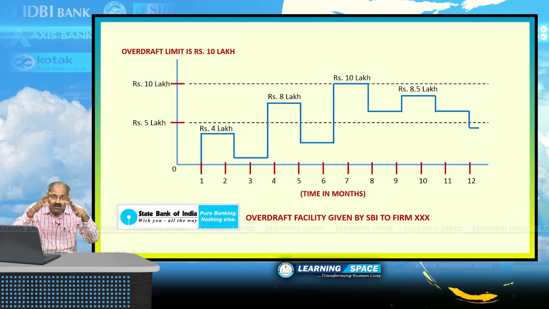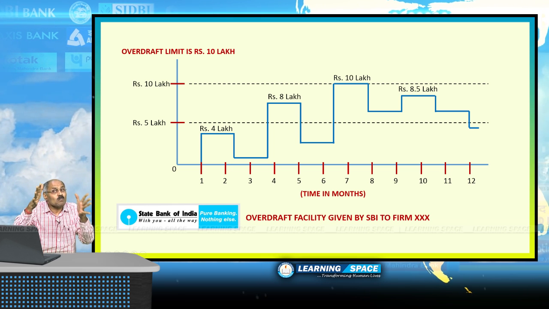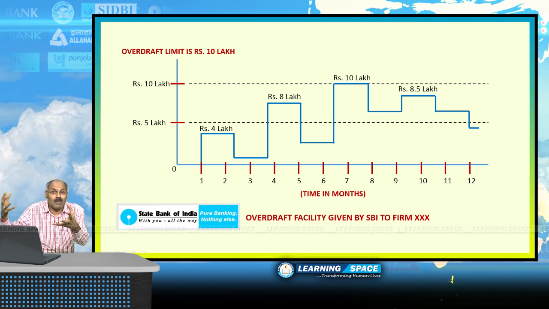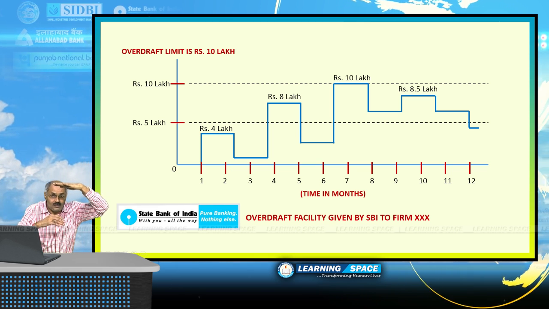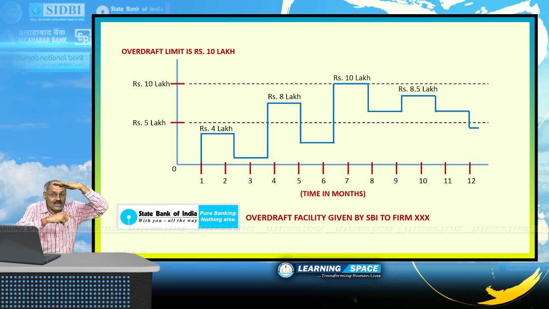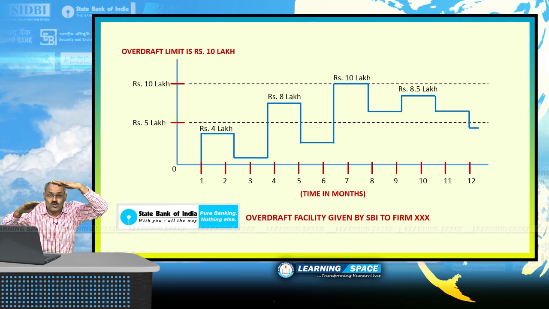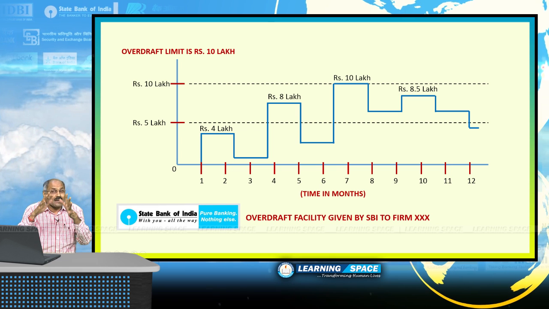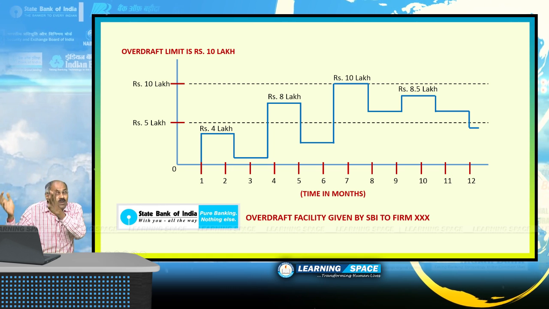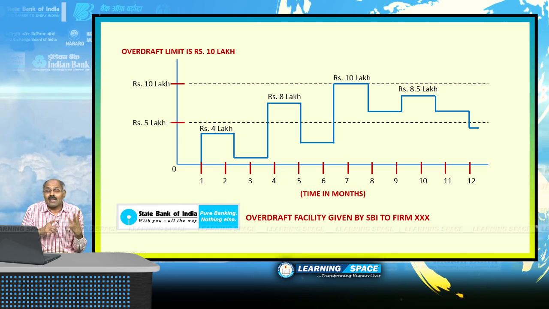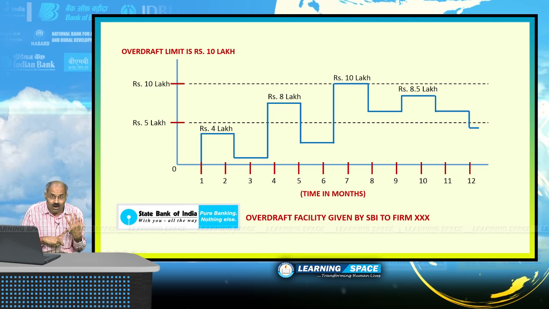Like that, depending on the requirement, the firm will access bank's funds, and as per the agreed terms and conditions, they will pay back. That means subject to the limit, the company or the firm will access bank's funds. They will take some amount, pay back, take some amount, pay back. Like that, the chain goes on. It is otherwise known as revolving credit also, right? So if someone asks you for an example of revolving credit, please don't forget cash credit is an example of revolving credit. This overdraft is an example of revolving credit.